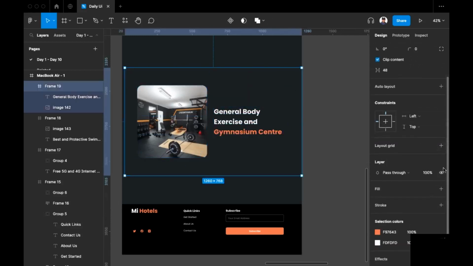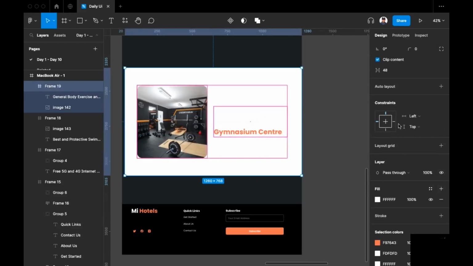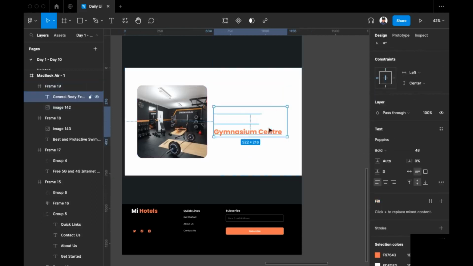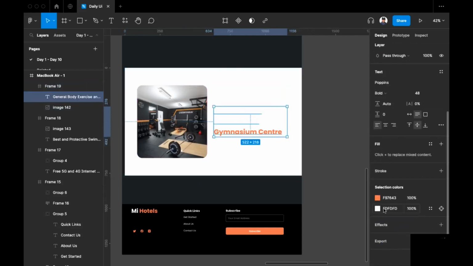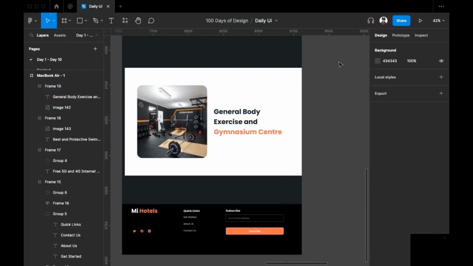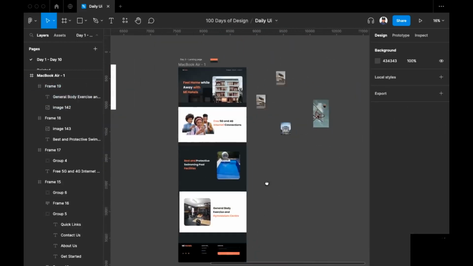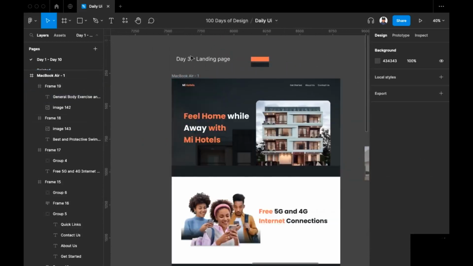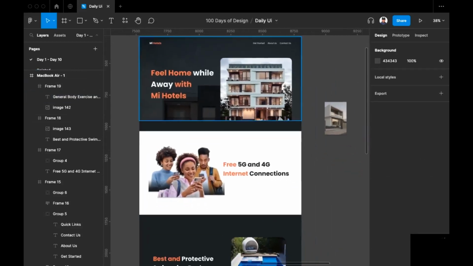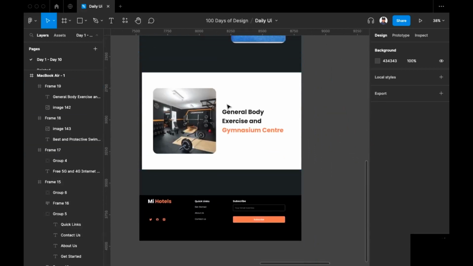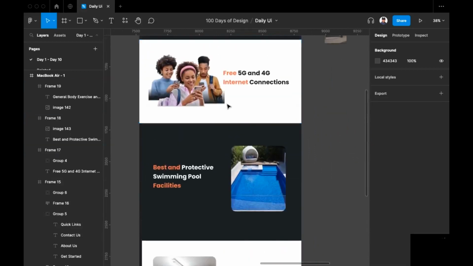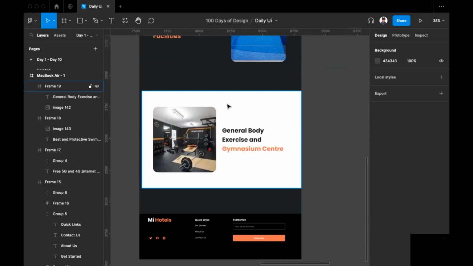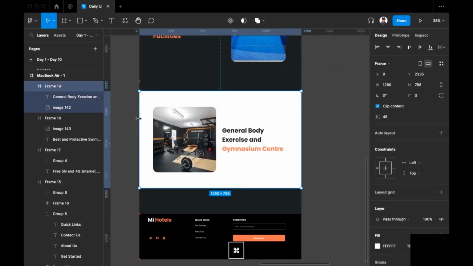And also we give this one a black background, and the white text we have here, we select the text just like this. So from the selection color here, we change it to black color. So this is a kind of a landing page. This is the landing page for the hotels. So that is